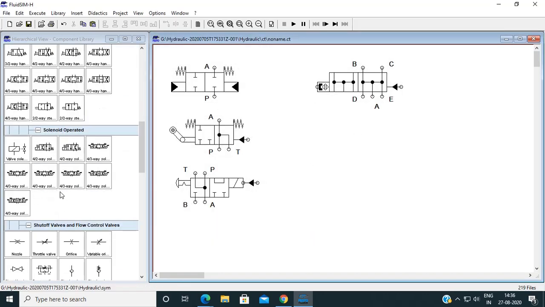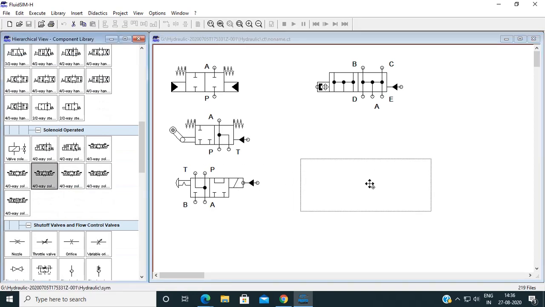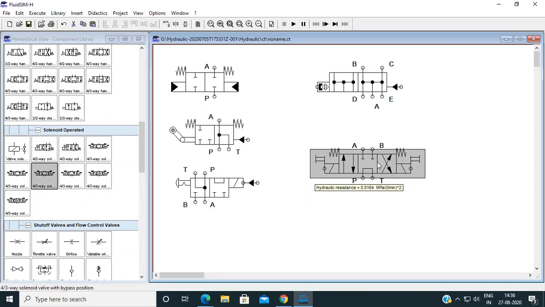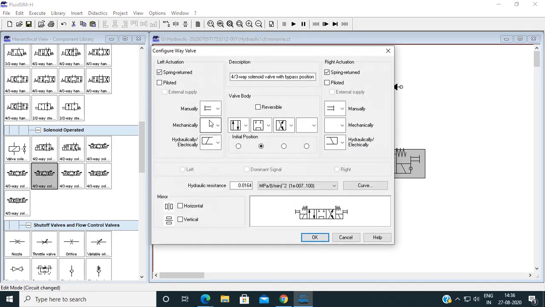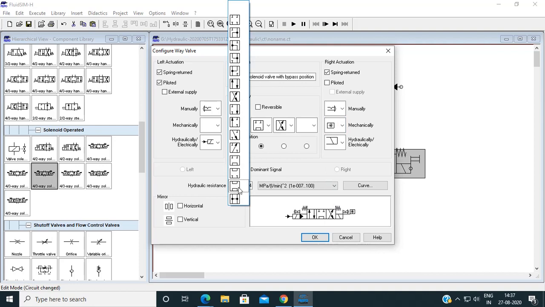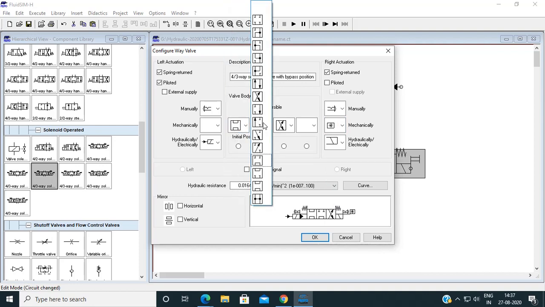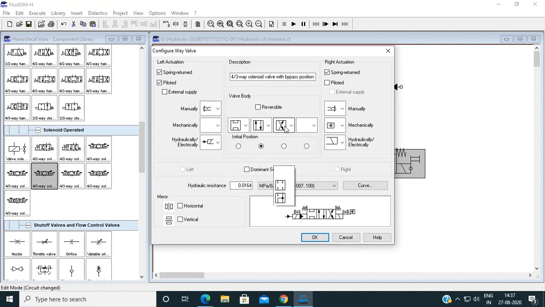Now we will see center position. For center position I have taken just randomly 4 by 3 DCV close center. Just double click on it. You can simultaneously provide whatever the actuation you need. So there are so many options over here. It's totally customizable according to the applications.